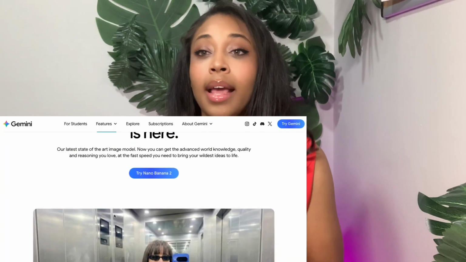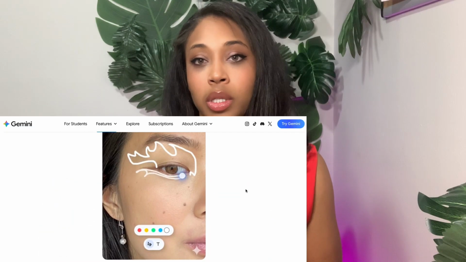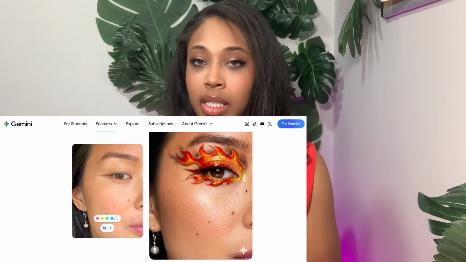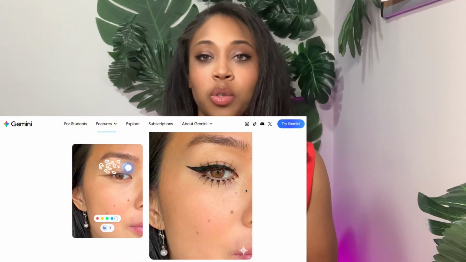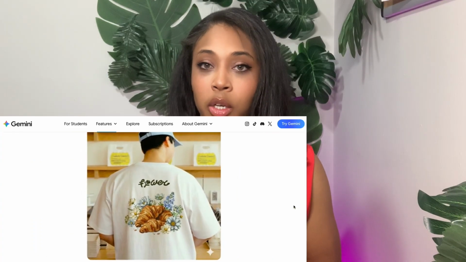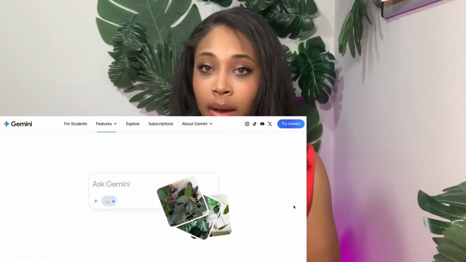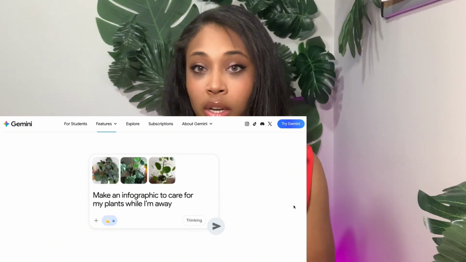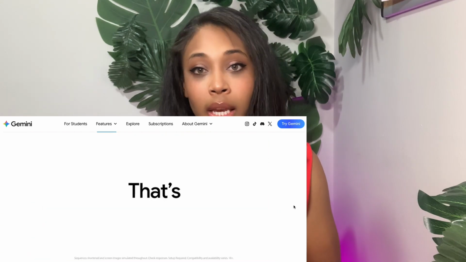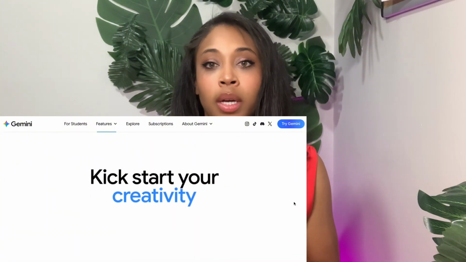Nano Banana 2 is a part of Google's Gemini, which is basically their new AI system built to compete with OpenAI's ChatGPT. But the Nano version is designed to run locally on your phone or laptop, not just in the cloud. And that's a big deal because you don't need a supercomputer and you don't need to log into a fancy paid platform. This thing can run on your device and it can handle small to medium AI tasks like writing, editing content. It can also summarize your long text or your emails, create images and visuals, and then also